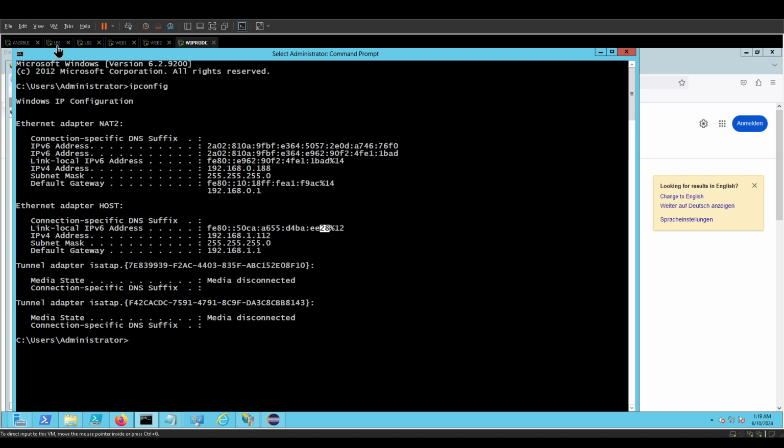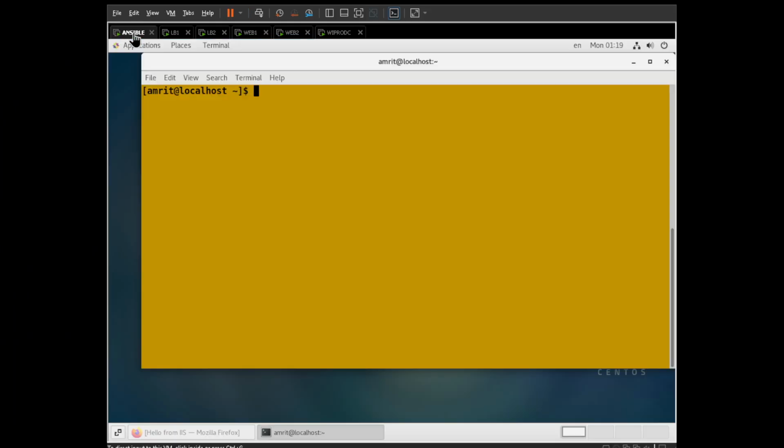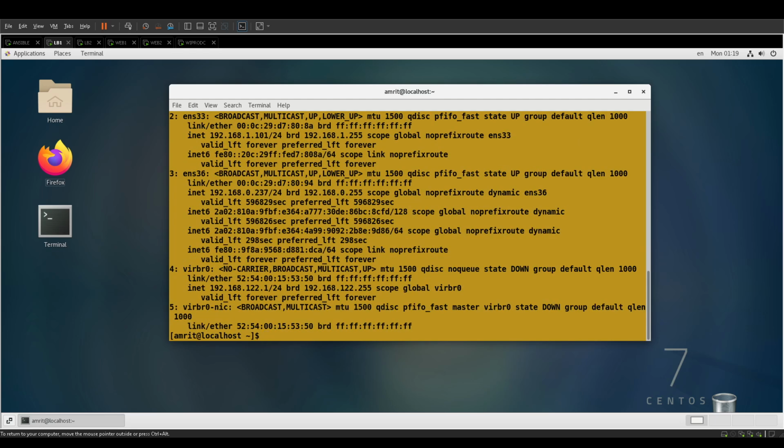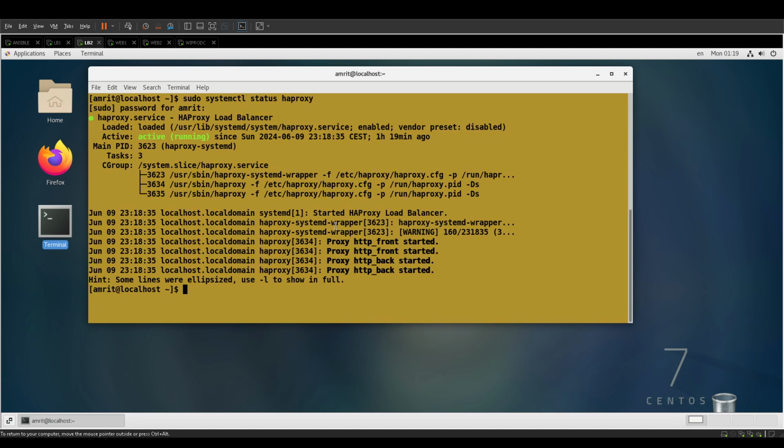Rather, from the Ansible master machine or controller machine, I will access the IP address of the load balancer. You can see here a proxy load balancer, and its IP address is 192.168.1.101, and this has the IP address